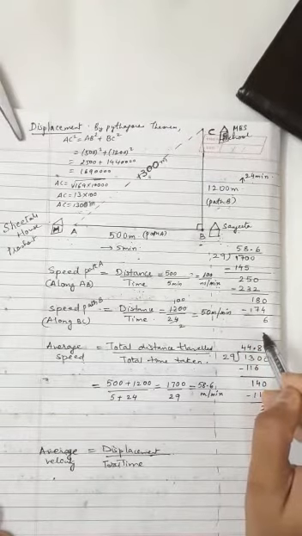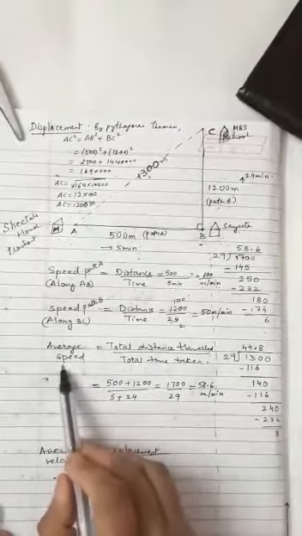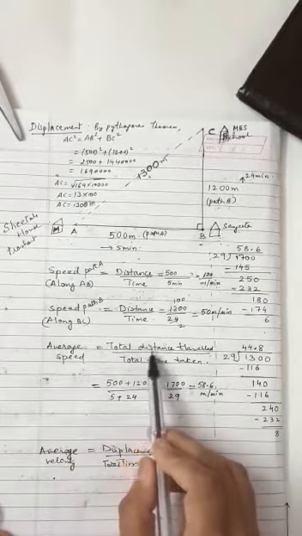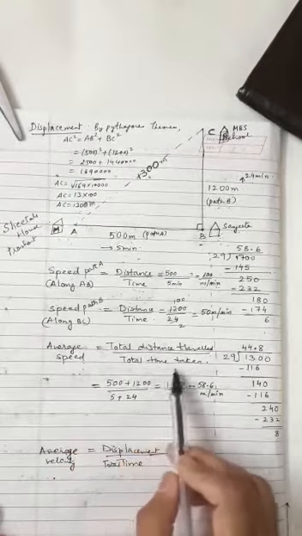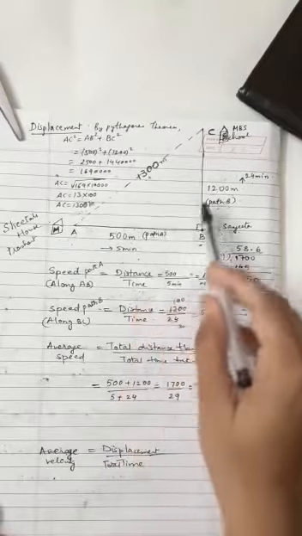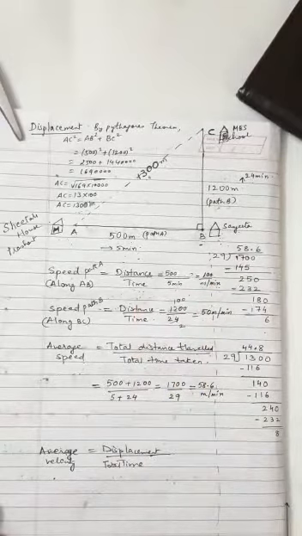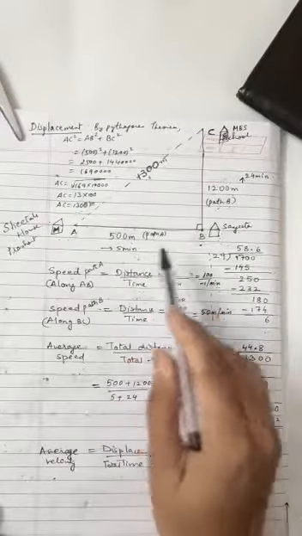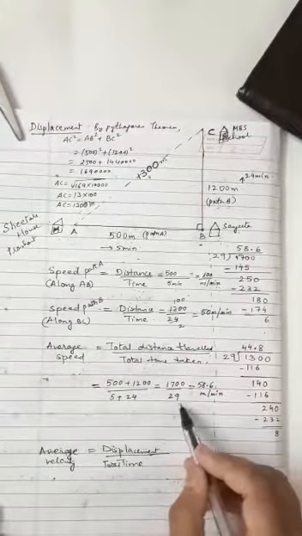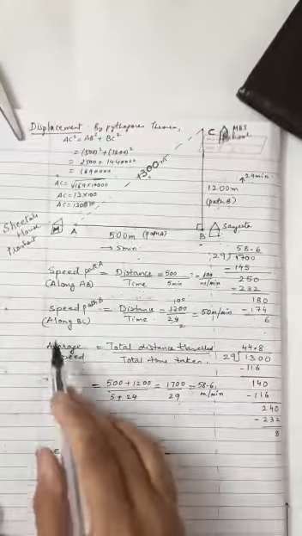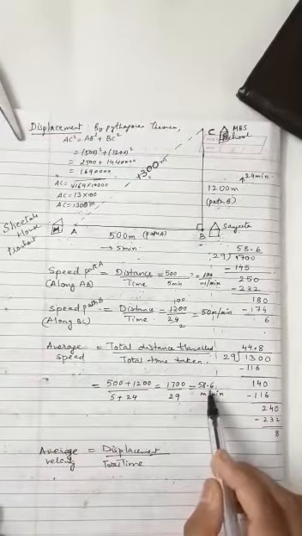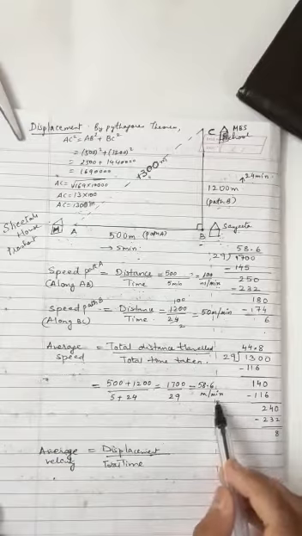How this answer is worked out, this division is already done and kept for you here. Correct? So how do we find average speed? Average speed is found as the ratio of total distance travelled upon total time taken. Total distance here is 500 meters plus 1200 meters, and total time is 5 minutes plus 24 minutes, which is 29, and the division is shown here. So in this example our average speed is 58.6 meters per minute.